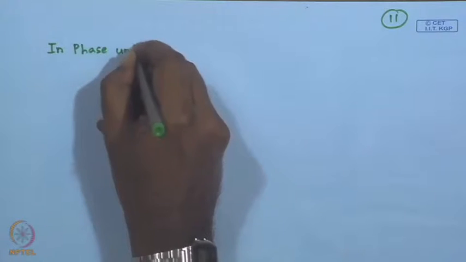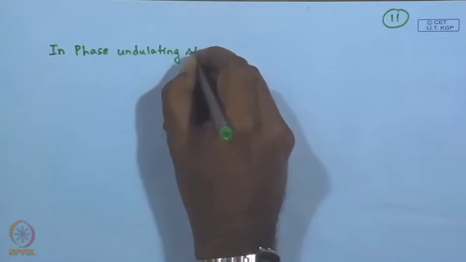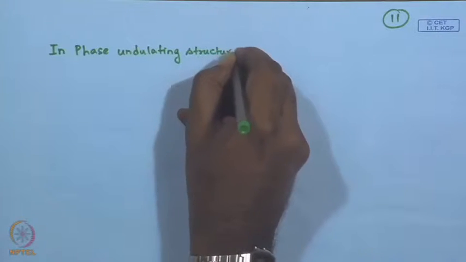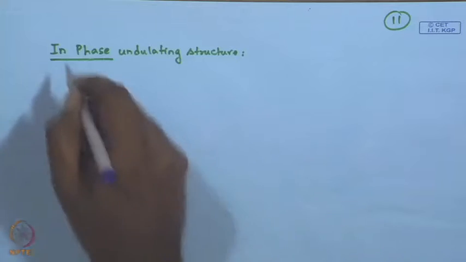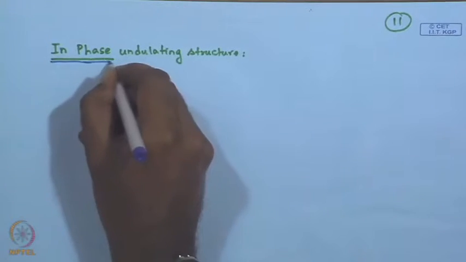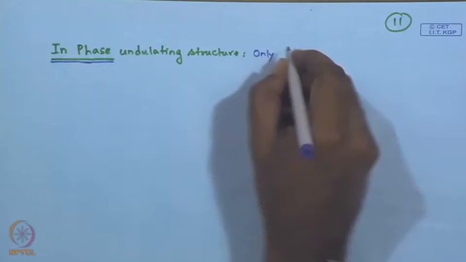So, in phase. This in phase I will highlight, this is important here, because you get an undulating structure anyway. You get an in phase undulating structure only when